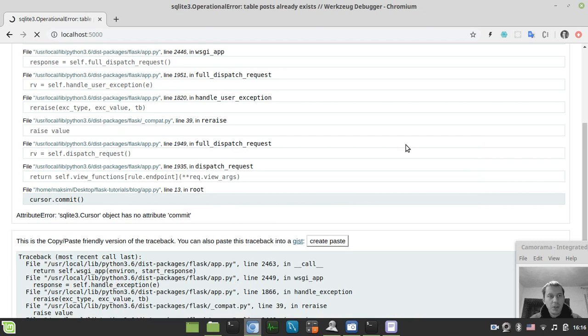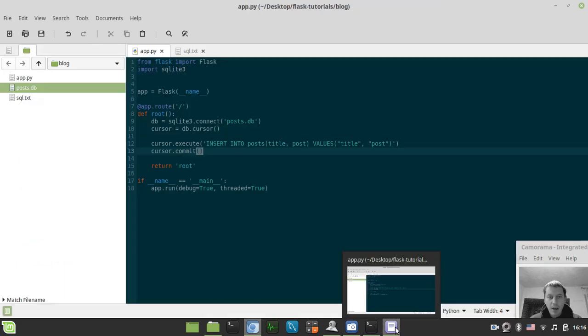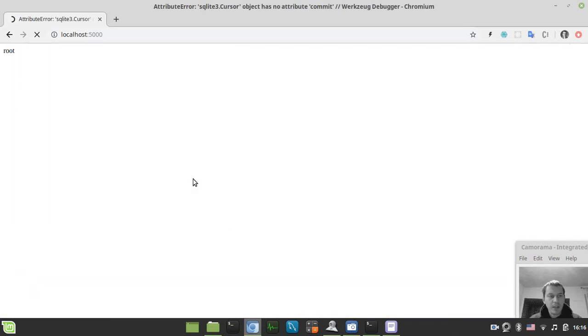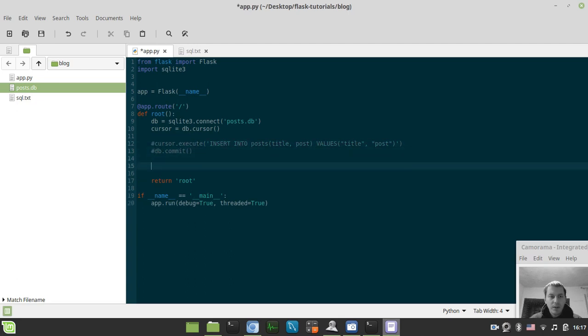So if now I just update the database, okay, SQLite cursor. Oh, no, I'm sorry, not cursor.commit, of course, but database.commit. So I'm sorry for that, guys. Okay, and now let's update this several times. And for now, we just can comment these lines out. And now let's cursor execute. Now let's actually